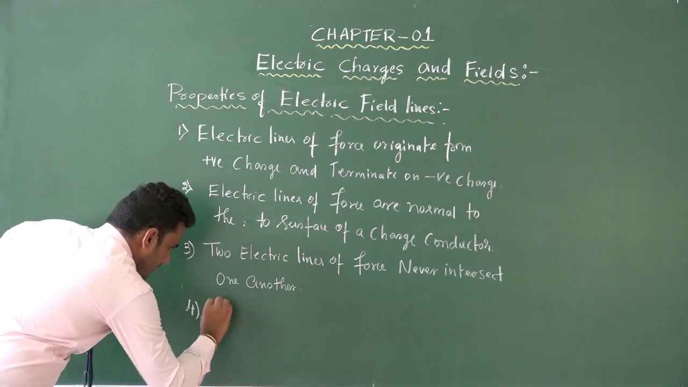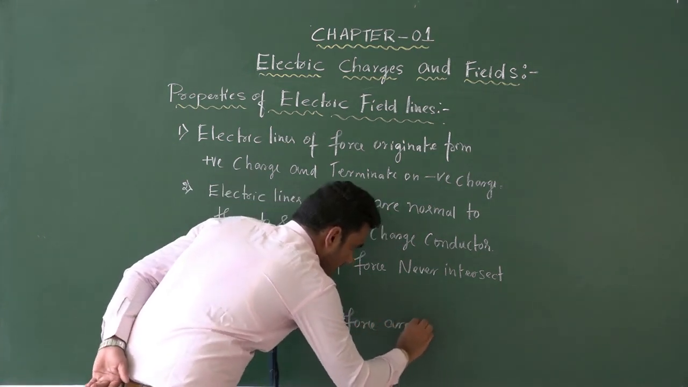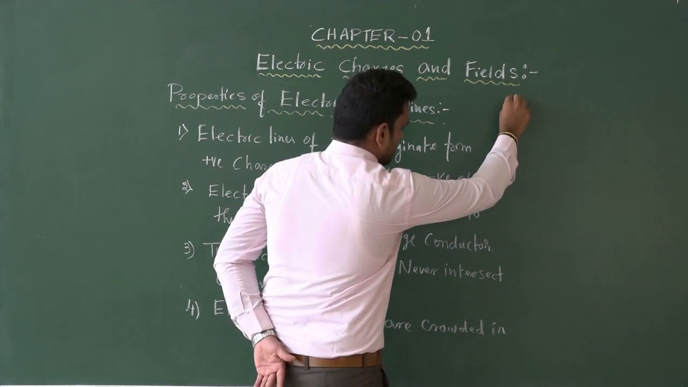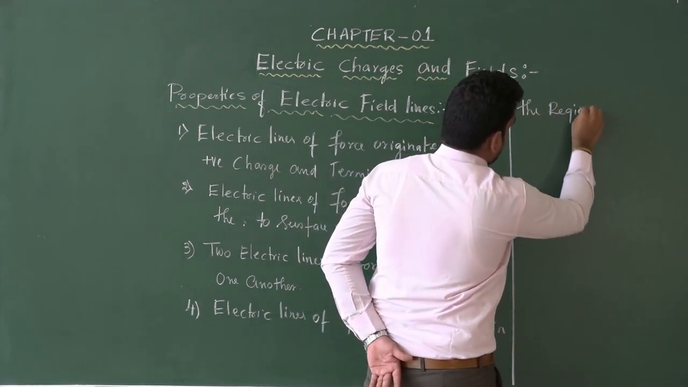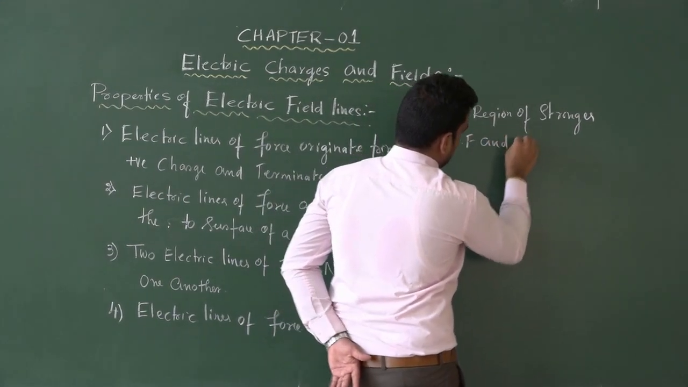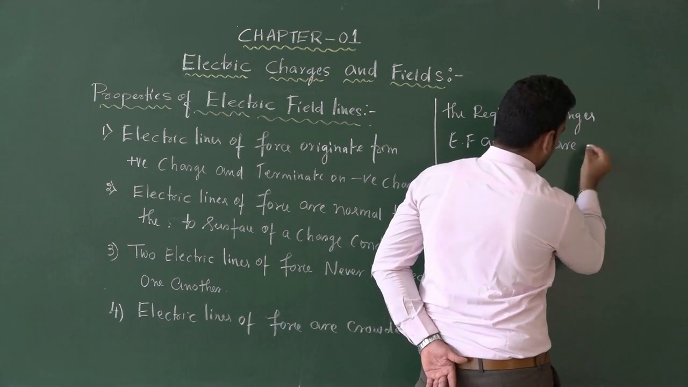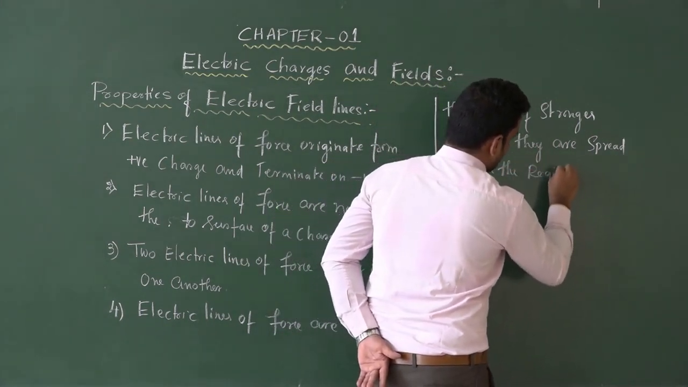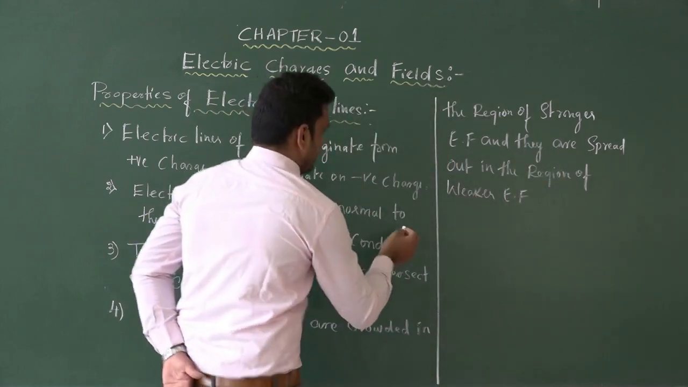Fourth one, electric lines of force are crowded in the region of stronger electric field and they are spread out in the region of weaker electric field. Fifth one,